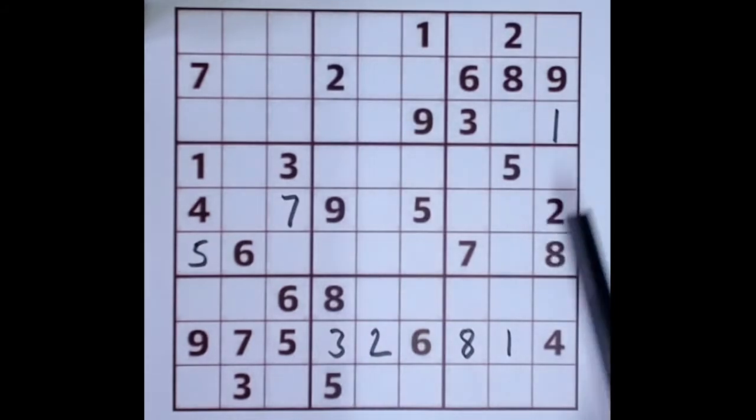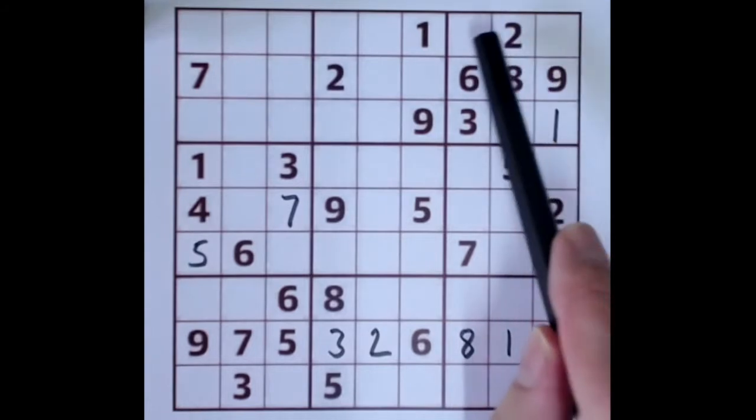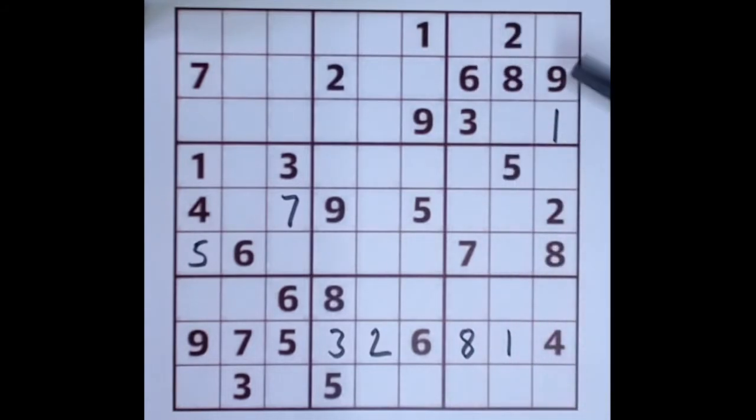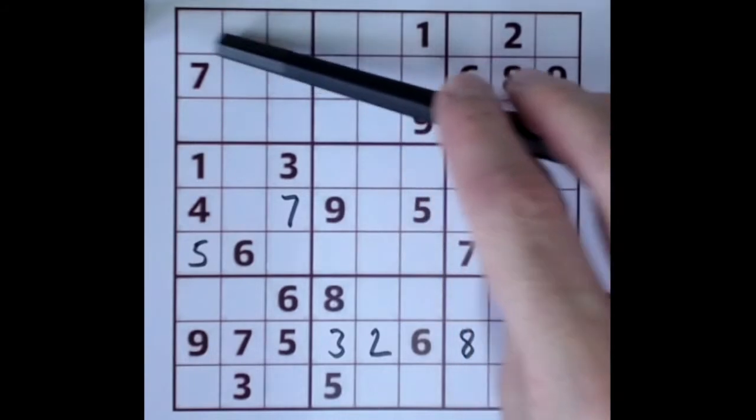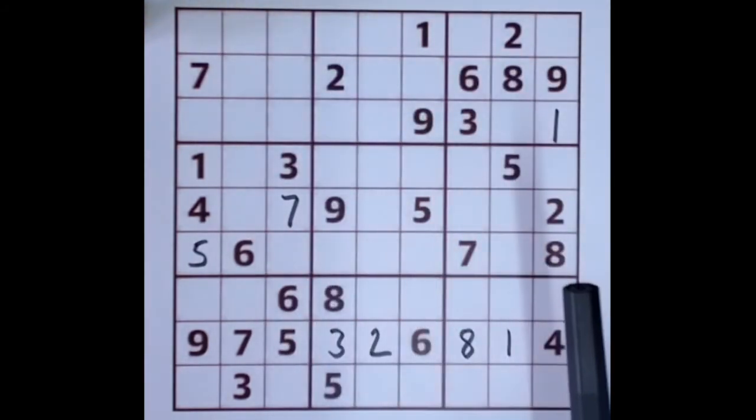Okay, so 5 blocking this square here means that 5 is limited to either of these 2 squares. And when we do that, we'll bring this right across here, so 5 blocking across here. And we can see...